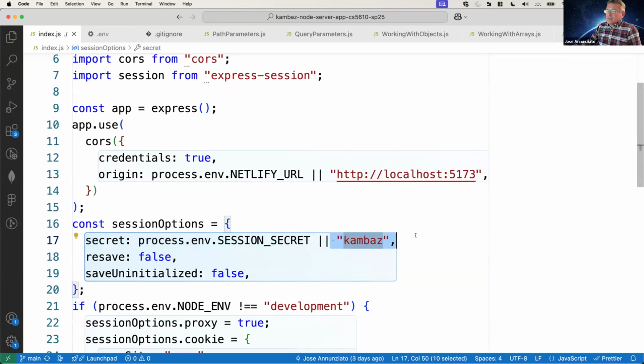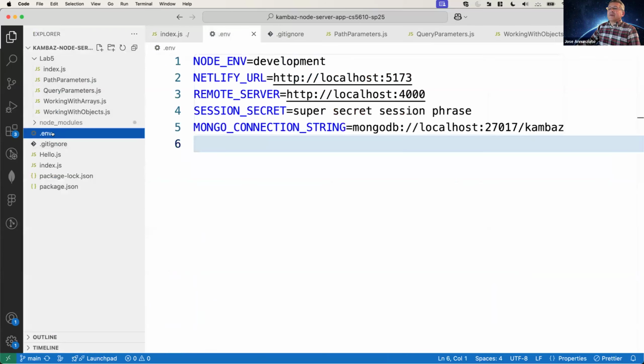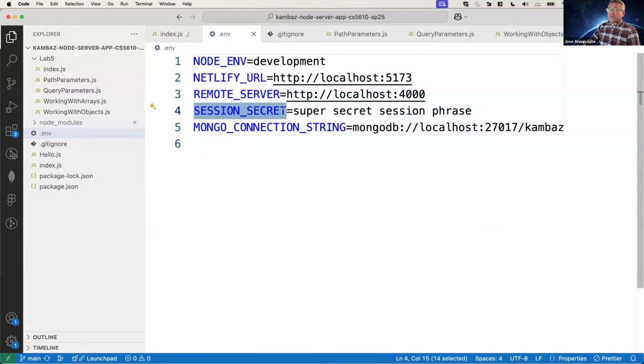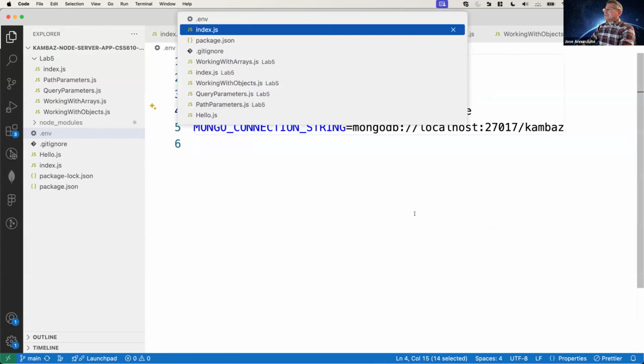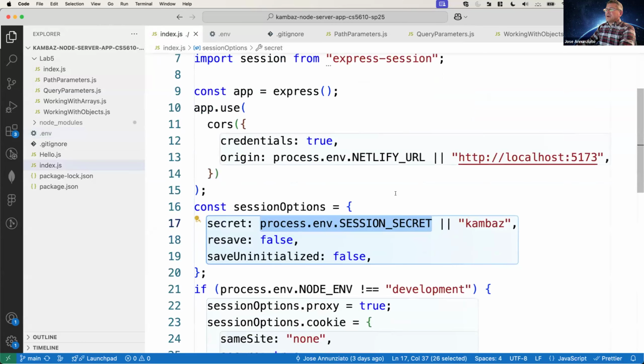Now, it's a bad idea to hard code these strings as part of the source code. So more commonly, what we do is that we store this in an environment variable, in a file outside of the server code. In our case, we're going to store it in an env file like this. In this env file, we're going to create an environment variable that we can load here dynamically, and then we can use it to sign the cookie. Also,